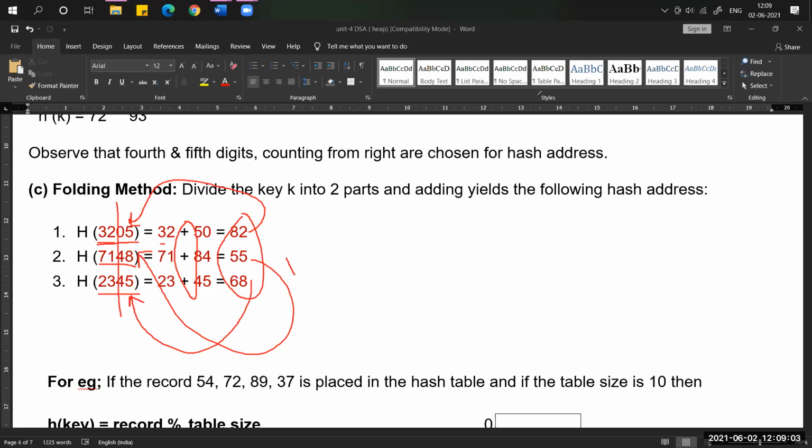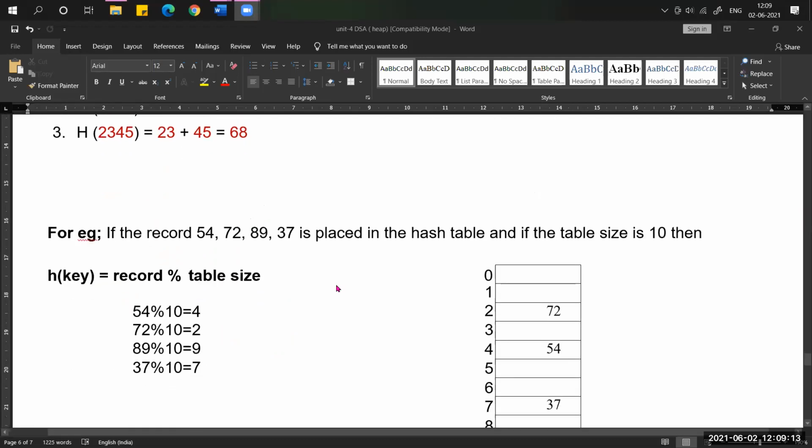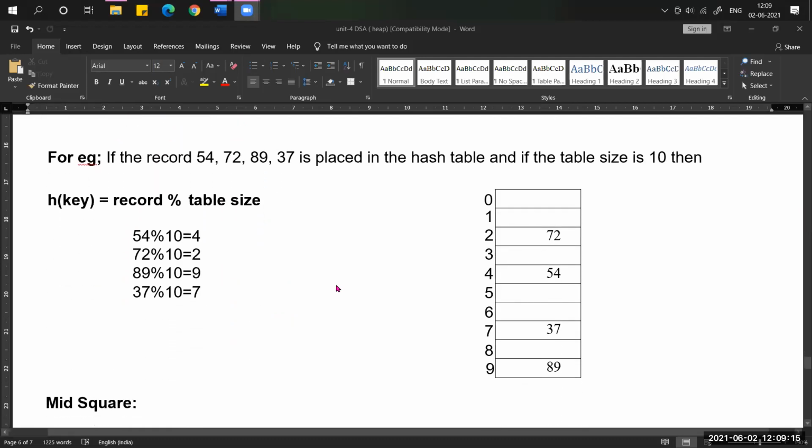So like this, the compiler finds the index numbers, and after that it stores our keys. So this is one example. I'm going to explain another example, same like that. In this example, we are taking 4 records. These are the 4 records, and assume the size of the table is 10. Then how are you going to calculate the index numbers?